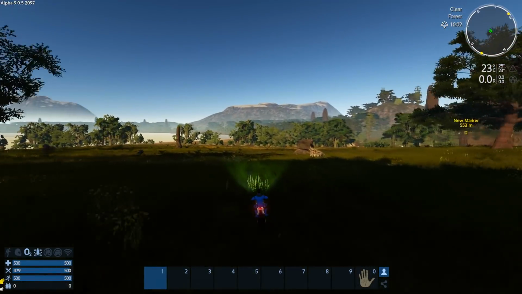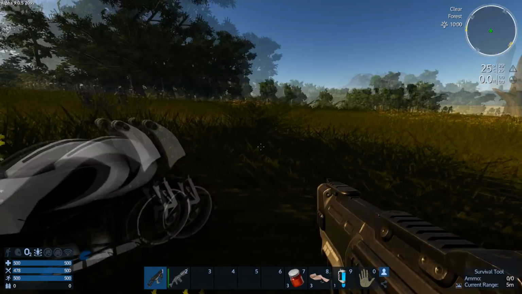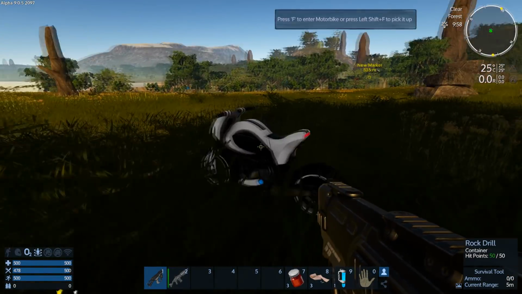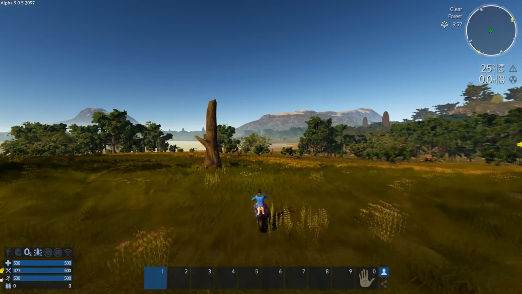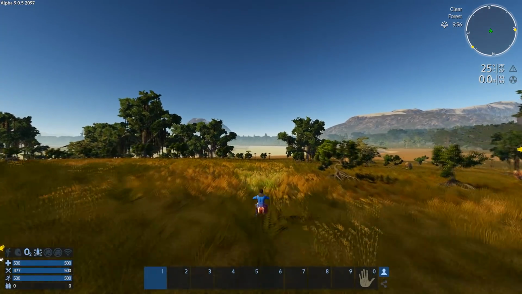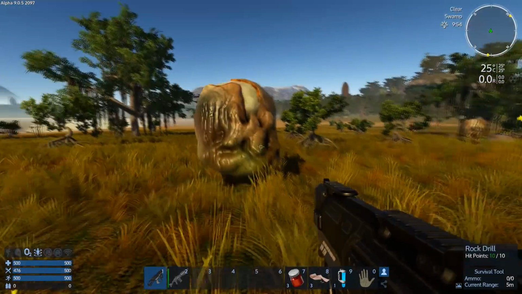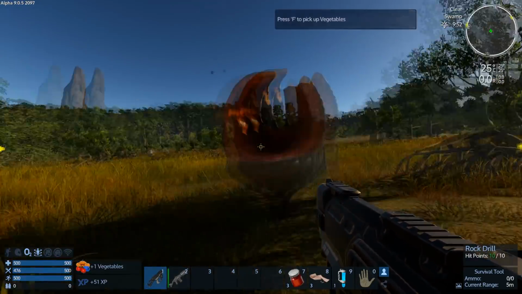Yeah, so we've got a nice open area here, so we're just going to. Actually, what is that? What's that there? Is that? I think this is plant protein. Yeah, just grab that. Jump back on the bike again. And there's some veggie stuff here, but well, we can grab it. It's all XP. Just grab this, grab that,